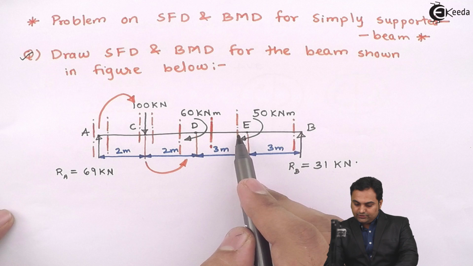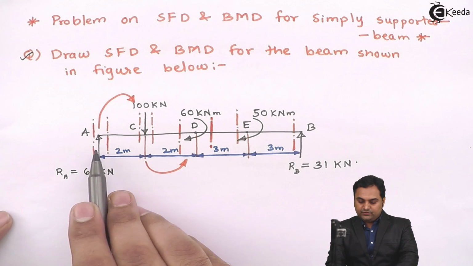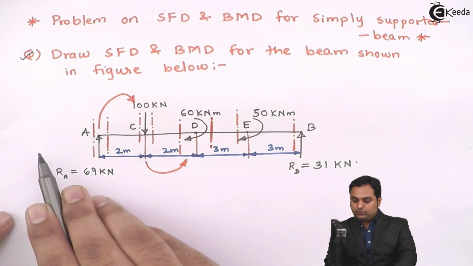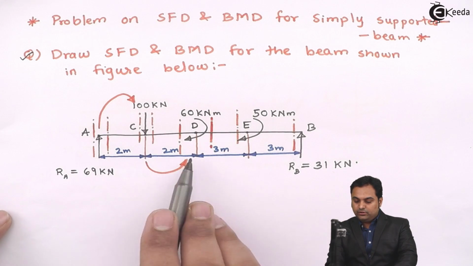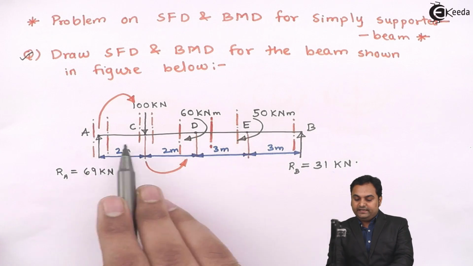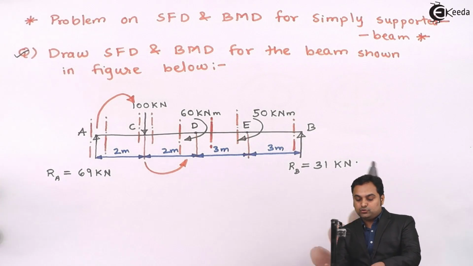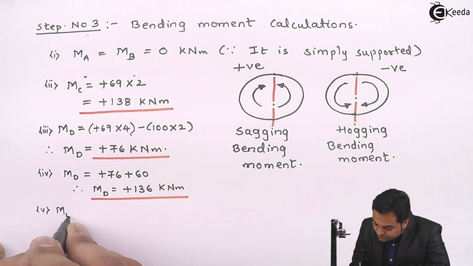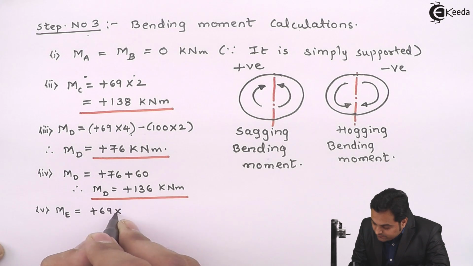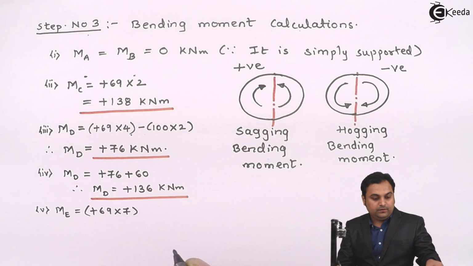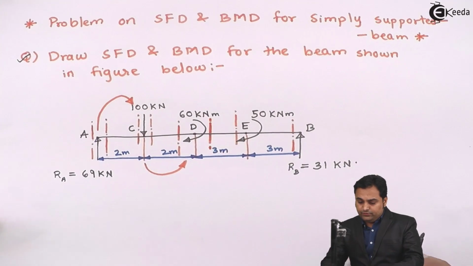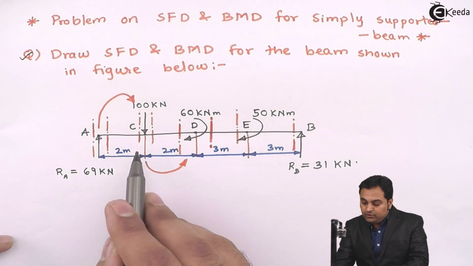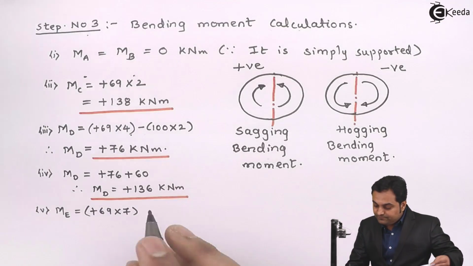Now when I am taking the section to the left, here I have RA which is 69 kilonewton and it produces clockwise moment. So to the left, clockwise is positive, that is 69 into this total value from point A to E. The distance is 7, so plus 69 into 7, then 100 kilonewton. If I am taking the moment at E, it will produce anti-clockwise moment. So minus 100 into 5,